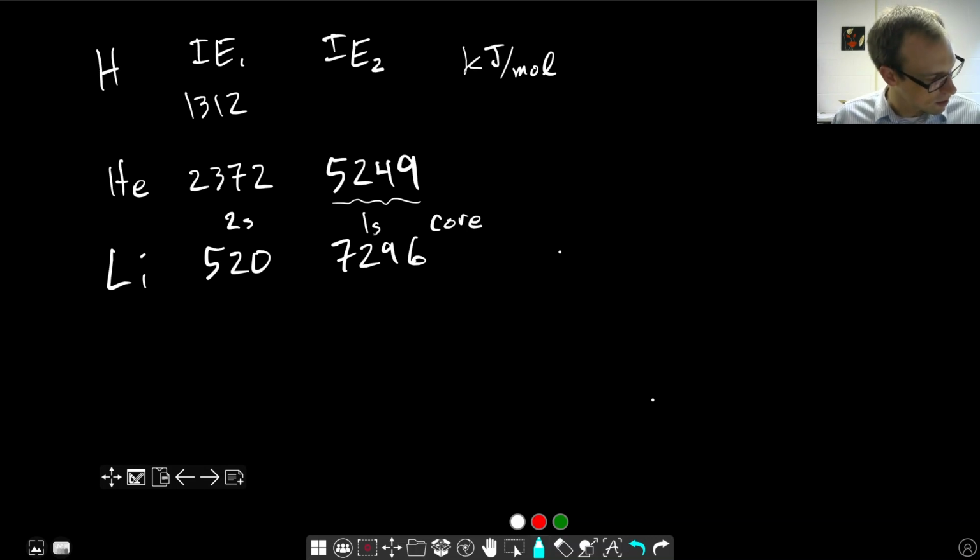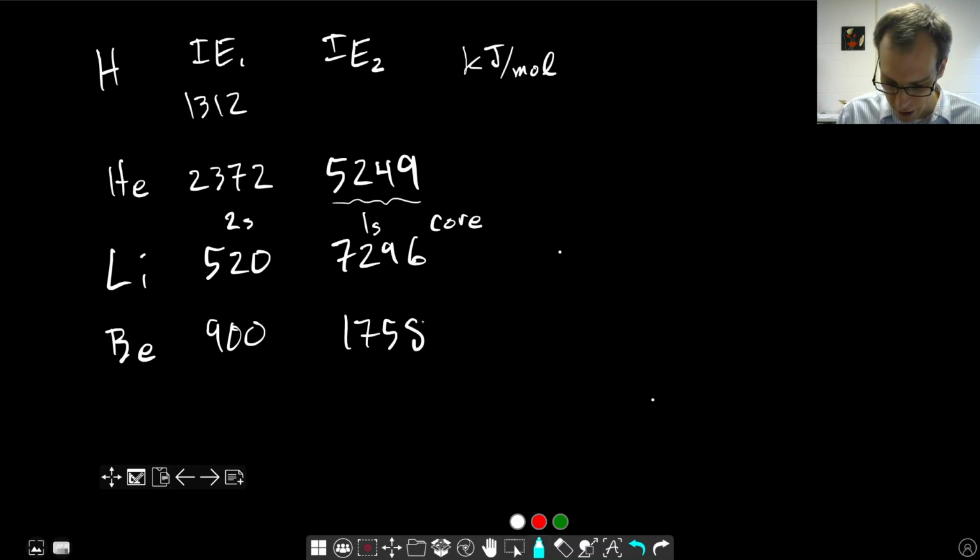We can see similar trends if we keep going to beryllium. Ionization energy 1 is 900 kilojoules per mole. Again, we're seeing that trend left to right across the periodic table, and ionization energy increases because effective nuclear charge increases. Ionization energy 2 is larger. It's harder to take off that second electron because you have this positively charged nucleus that's holding onto it, but it's not crazy high. But if we look at ionization energy 3, we've removed all the valence electrons,